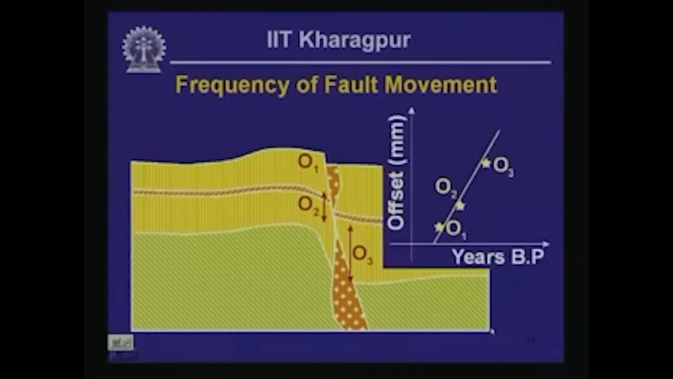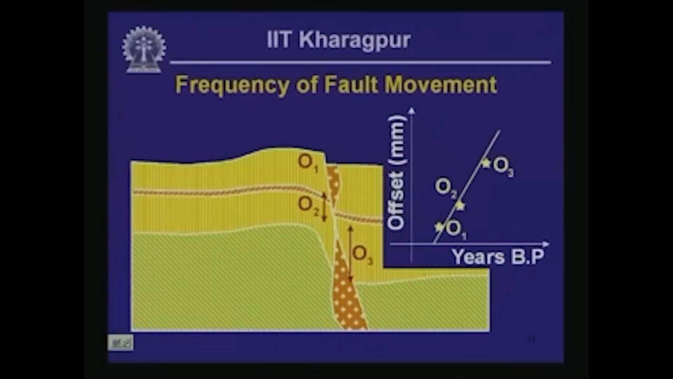Now, what you do then is to plot the distances O1, O2 and O3 on the vertical axis, and the year of occurrence of these offsets, from the dating of the material that is affected by the offset. For instance, O3 is affecting the bottommost layer of this sequence. So the date of the top portion of the bottommost unit of this section will give us the approximate date